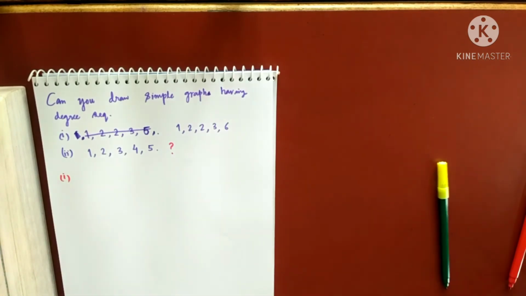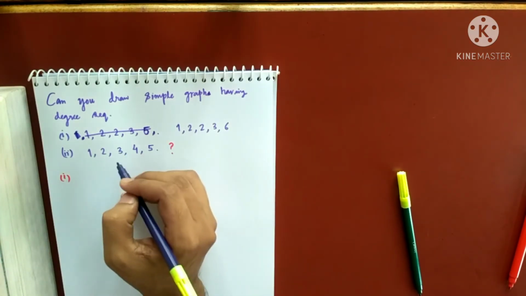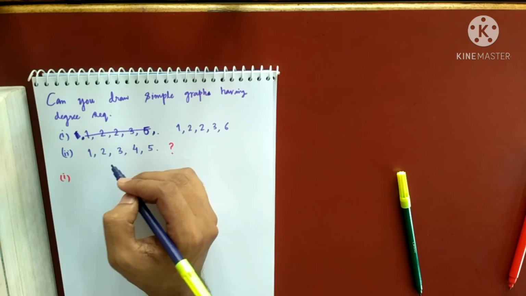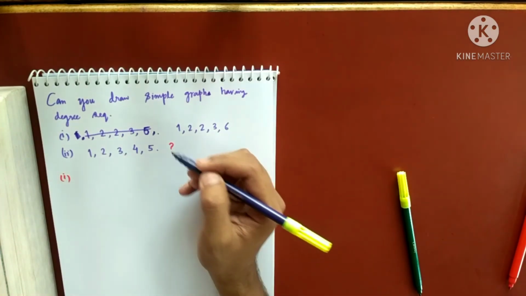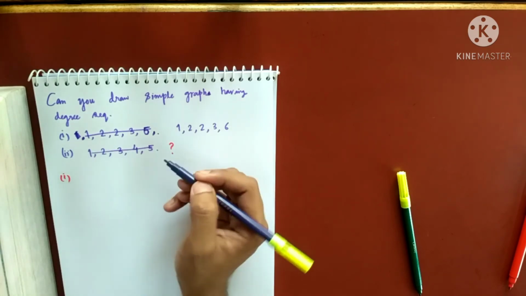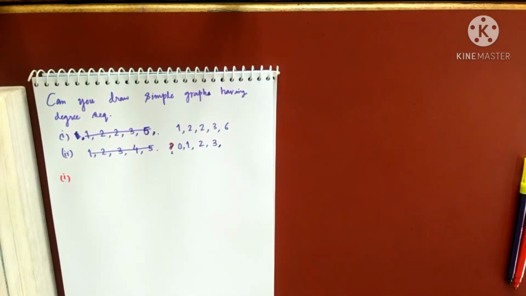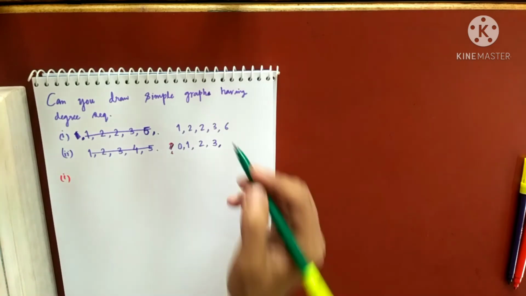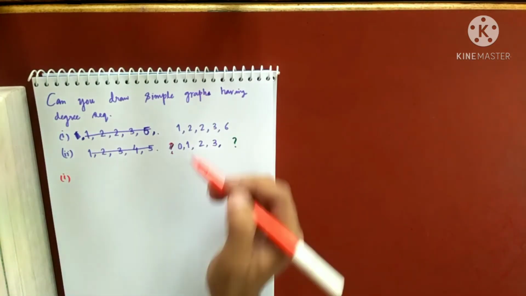And let me also change the second question very quickly. I'll change this question. So firstly, you try to answer the first question. So this is my new question. Can you draw simple graphs having degree sequence 1, 2, 2, 3, 6? And number 2 having degree sequence 0, 1, 2, 3. The answer given by Rajiv is correct. For the number 1,